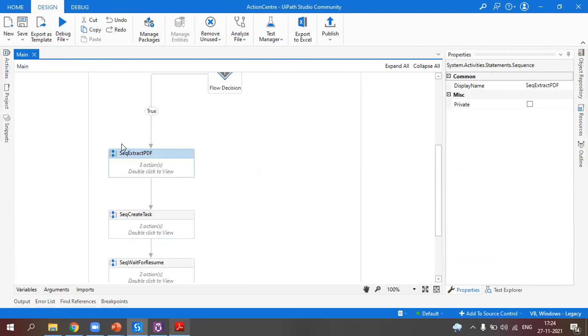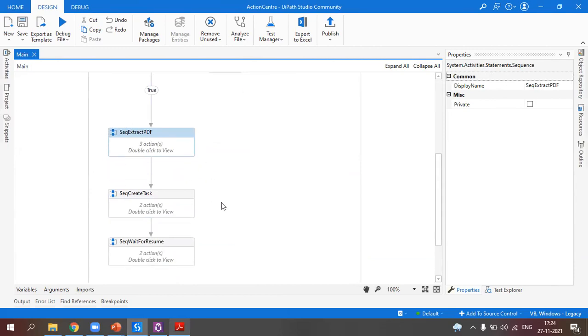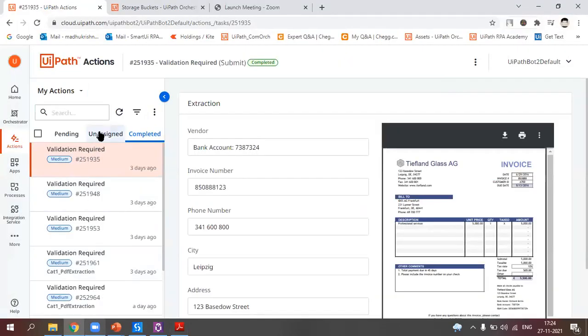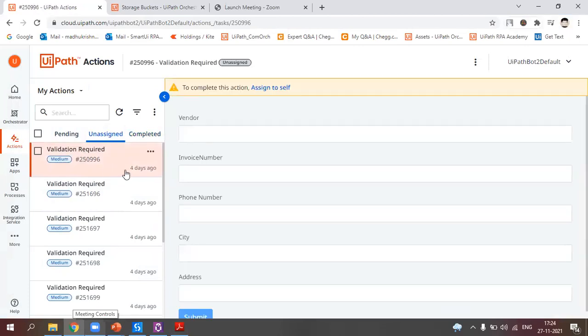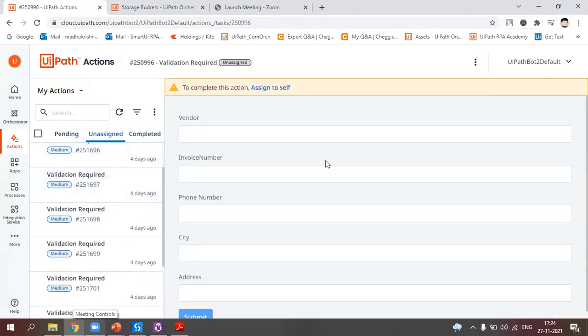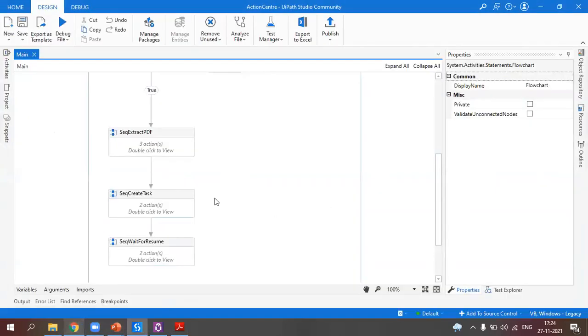Now we scraped the entire PDF, and then we extracted the required information from that scraped data. So now the extracted information has to be sent to Action Center as a task, and human intervention is required here to just validate that with the PDF. So for that,